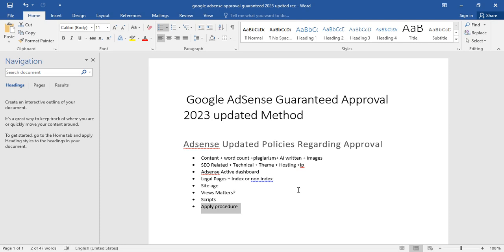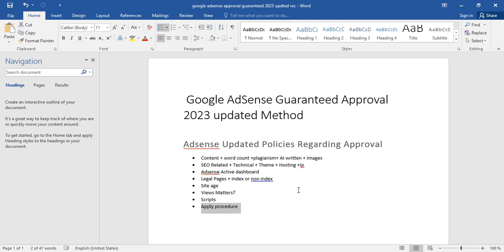If you stop writing content in the meanwhile, Google will think it was a bot that reached its goal, applied, and that's it. They will reject your site. So do not stop writing content on your site until approval.